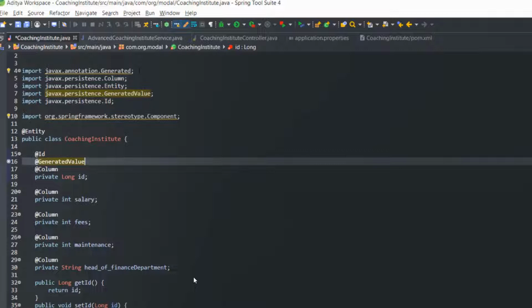So here I have added one more field, private long id. This private long id will be the primary key of this CoachingInstitute, and after that I've implemented one more annotation, @GeneratedValue. What it will do is increment by 1 every time data persists. Okay, and after that I have implemented the @Column annotation. So if you want to change the name to a custom name, at that time we can use the @Column annotation. Or if you don't want to use any type of custom name, if you want to use the field name only, then you don't need the @Column annotation. That we are going to see in the later videos.